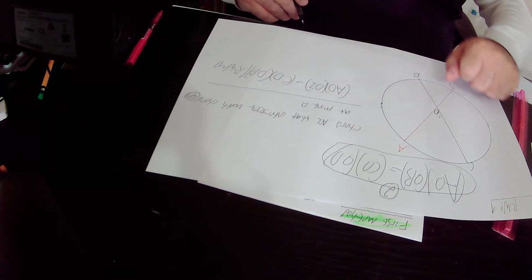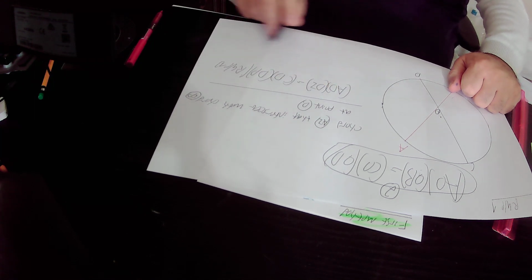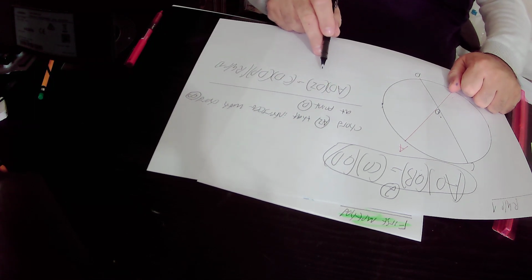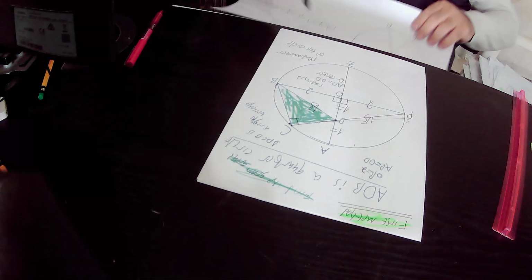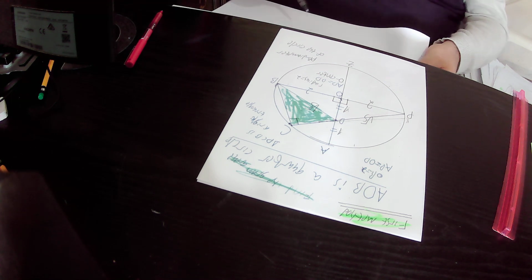Repeat again. Chord AZ intersects with chord CP at point D. Therefore, according to rule number 1, we get that AD times DZ equals CD times DP. Here AD,